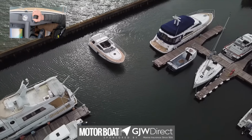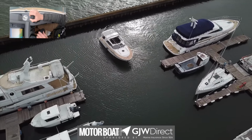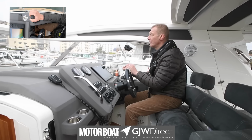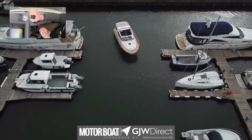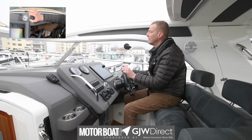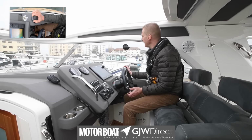Nice little cross breeze. I think the wind's picked up a little bit. Always the way when you go to moor. And again, we're just going to keep that bow nicely up using the engine. The engine's far more powerful than the bow thruster, but we've got it if we need it. So as we get all the way down,